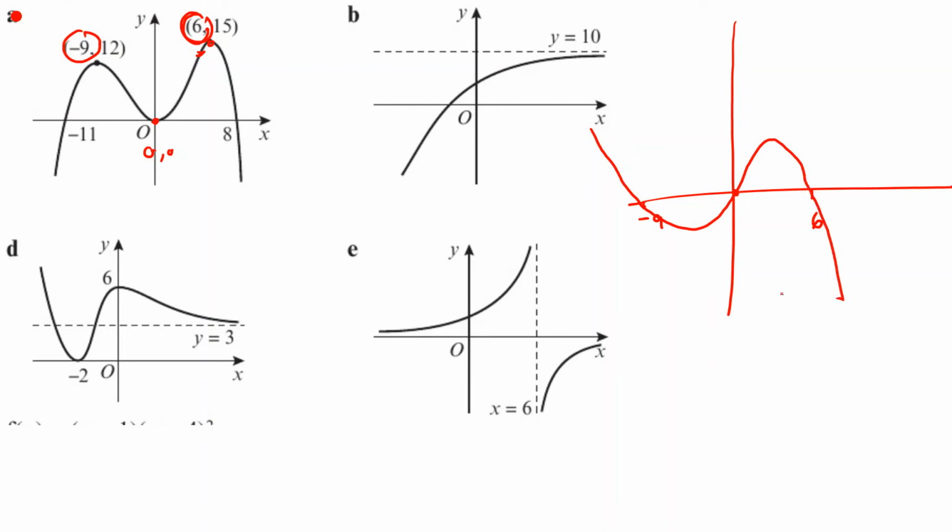Okay, so let's look at B now. Let's look at B. So B, where is our point of B that we need to take into account? The point that we need to take into account here is we don't really have a minimum or maximum here. It's difficult to find it anyway. So all we're going to do is flip it. We're going to flip it because that's technically what we're doing. So we're doing this,